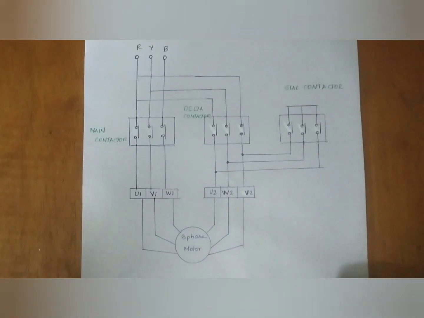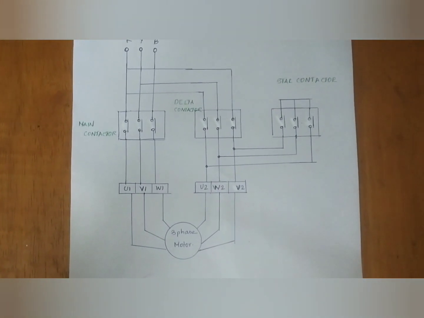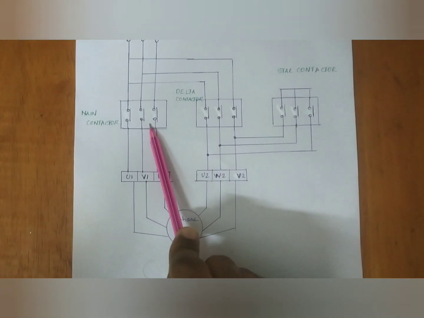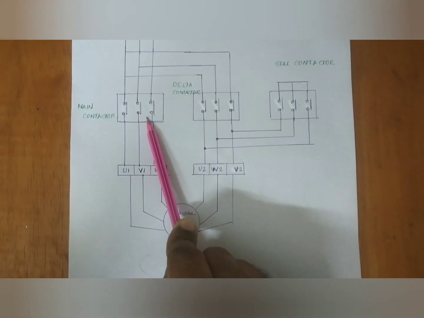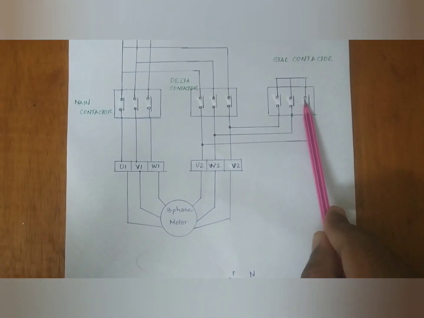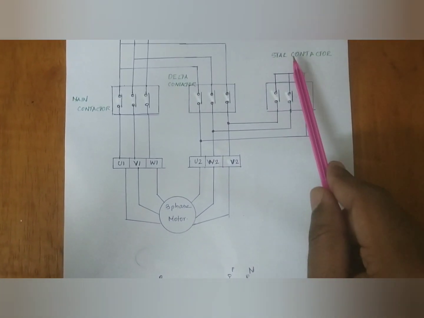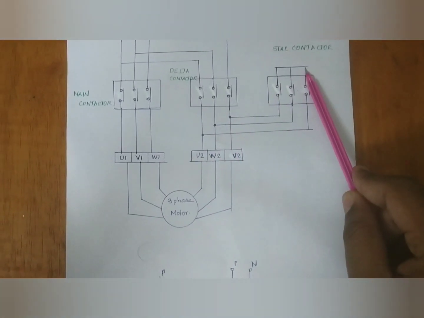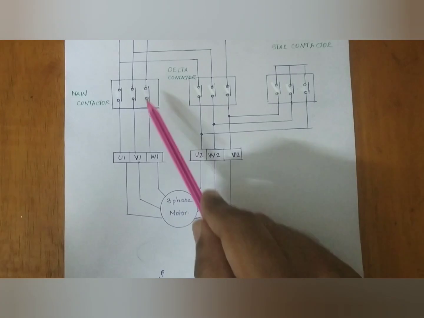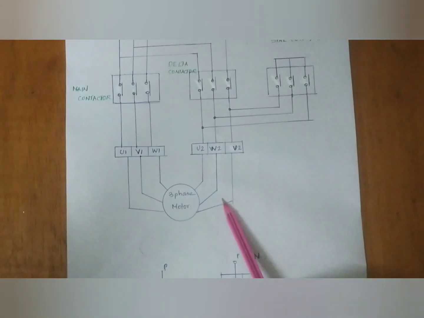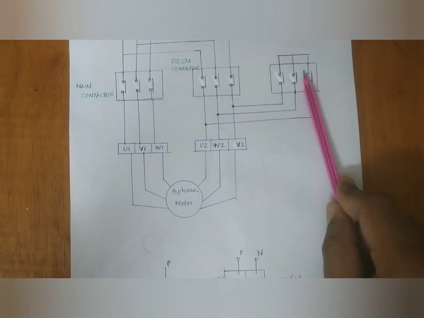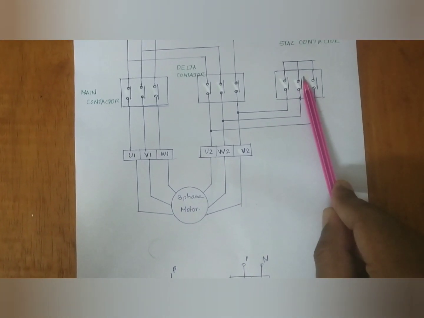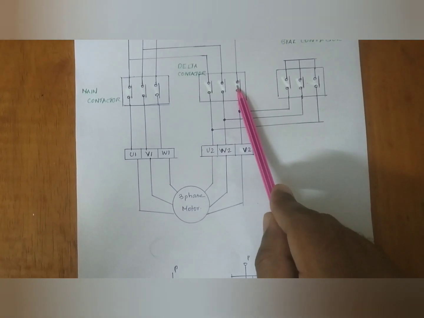Now let's assume that the push button of the star delta starter is pressed, and at the same time the main contactor also will be turned on. Simultaneously, as we get the input from the timer, the star contactor also will be getting turned on. At that time, the secondaries will be short circuited and the primaries will be fed from a three-phase supply. So the system will be acting as a star system. And after the 10 seconds, this star contactor will be released and the delta contactor will be turned on.